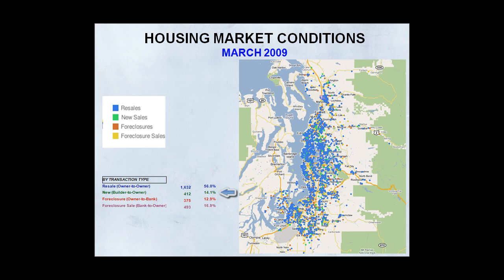And here we go, the foreclosures are taking off up to almost 13%, and foreclosure sales 16.9%. All of these numbers that we're giving are for that particular month. That's a single month's data, so it's showing that the foreclosure sales are consistently outpacing the foreclosures. There is seasonality in some of these numbers, and so they tend to seesaw during the course of the year.